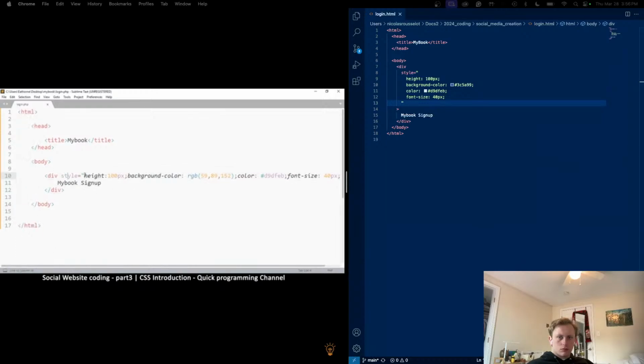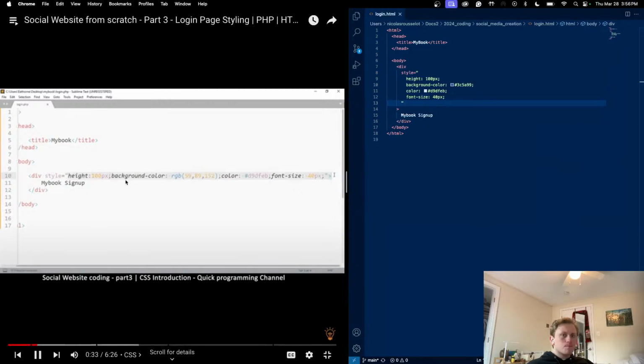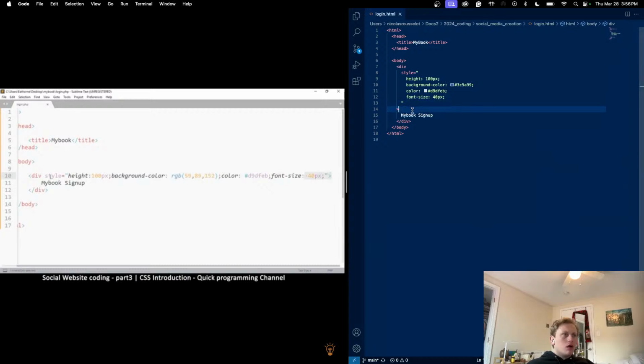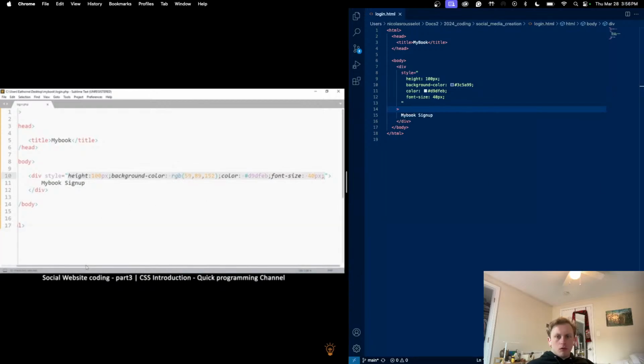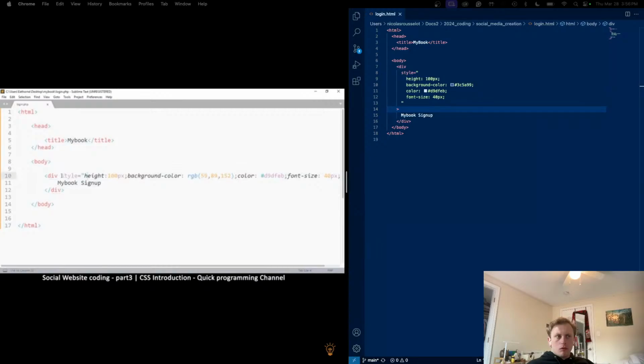Now, if you've noticed here, as we add more styles, now imagine if there's 100 styles that we have to add here. This is getting very, very long. So there's another way to actually create styles. Now, this other way is actually better, and it's called CSS. So what we've been learning so far is HTML. Now, to use this other method of styling, we're going to jump over to what is called CSS, cascading style